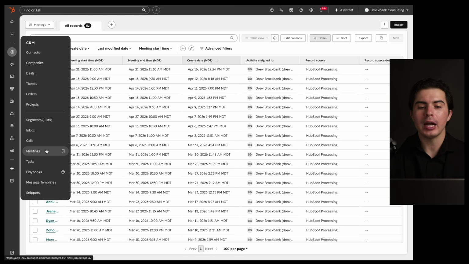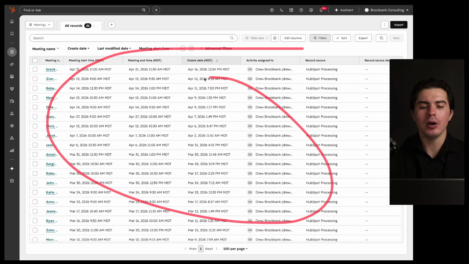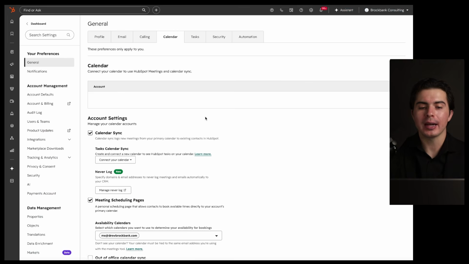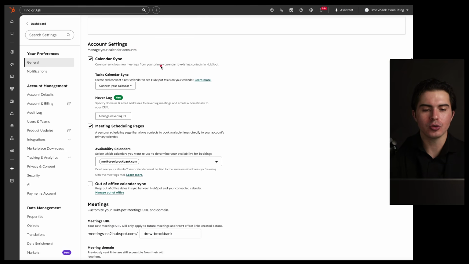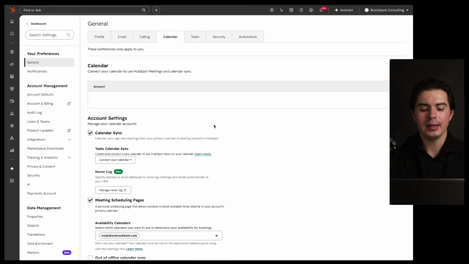So most of us are having different Zoom calls or web calls with people, and we connect with our calendar in order to get these added to HubSpot. HubSpot will do this automatically for you. If you go over to calendar and then you integrate with your calendar, it will sync all of your meetings, which is great. There's different settings here to get the meetings on there that you want, but this is something